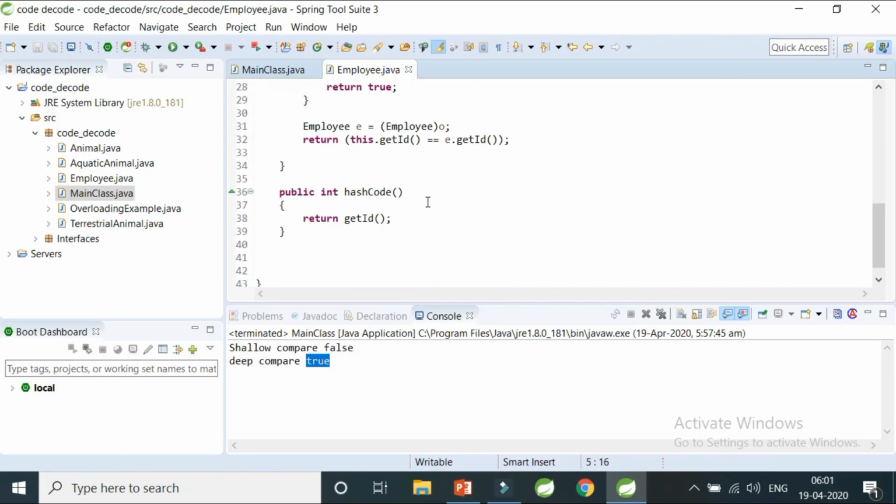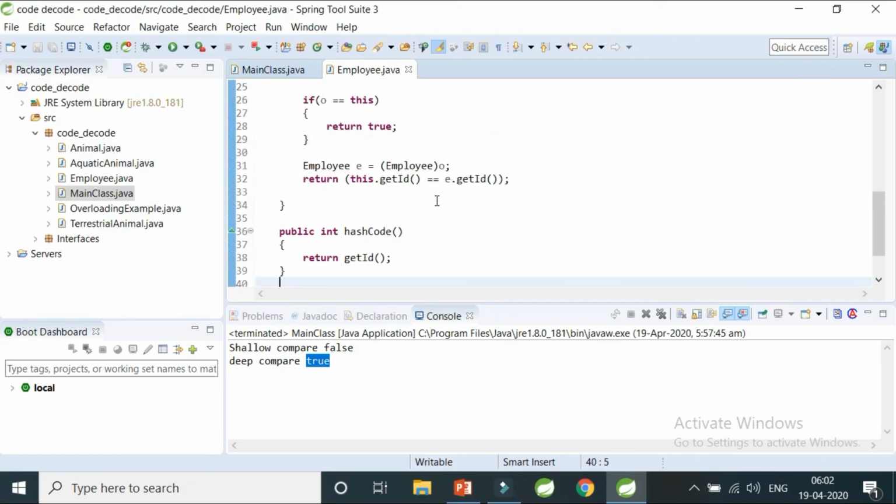There are many more ways to implement hashCode. Don't come up to me saying that it should be a prime number. I understand that, but this is the simplest way of getting the hashCode, because I'm sure that for all the employees the id is going to remain the same and it is of type integer. That is why I've taken it. But if you don't have such a field, you can take a prime number like 31, multiply it with 1, add it to this particular integer and return that result. That is also a way to do it. This is the simplest way to implement hashCode.